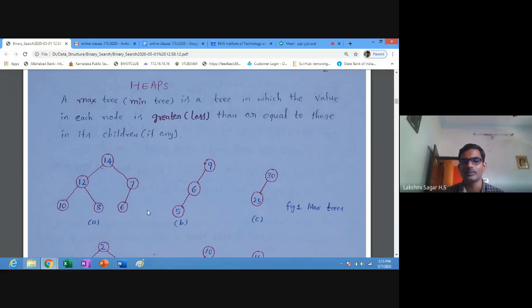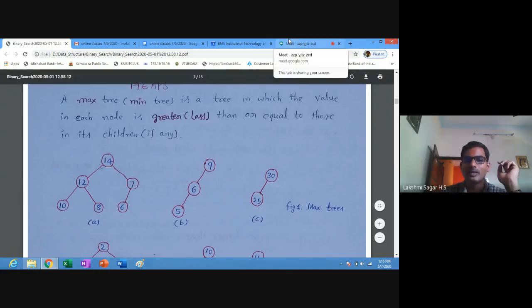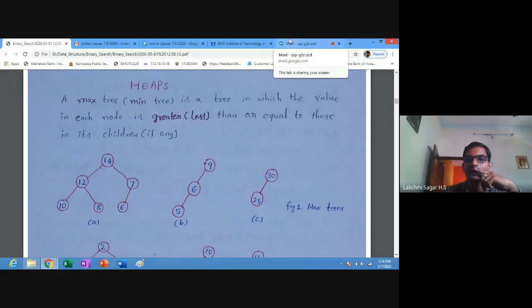It has 6 elements. The number of levels is 3. So 2 power 3 minus 1: 2 power 3 is 8, 8 minus 1 is 7. But it has only 6. Is figure 1a a complete binary tree?